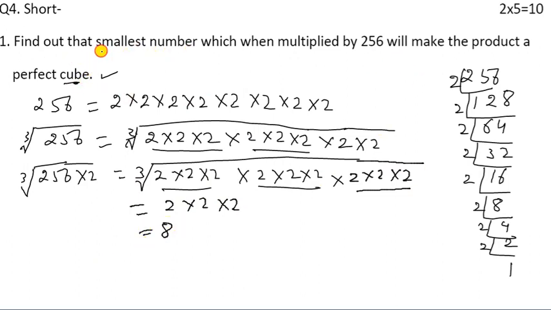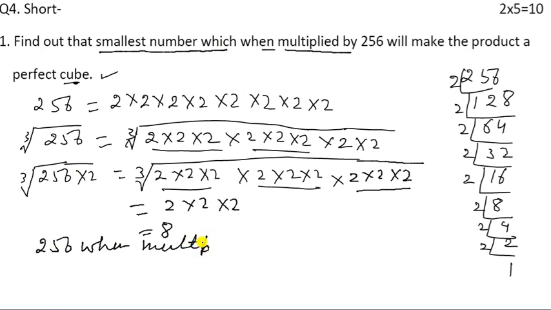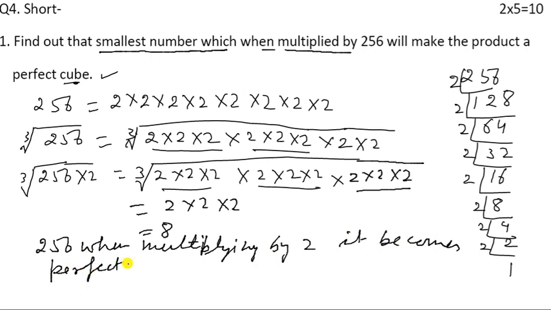Okay. Now multiply by 2 in both. So cube root of 256 into 2. So we can multiply inside this. It is 2 into 2 into 2, it is the first group. So into 2 into 2 into 2, it is the second. And now come to the third, 2 into, it is the third.